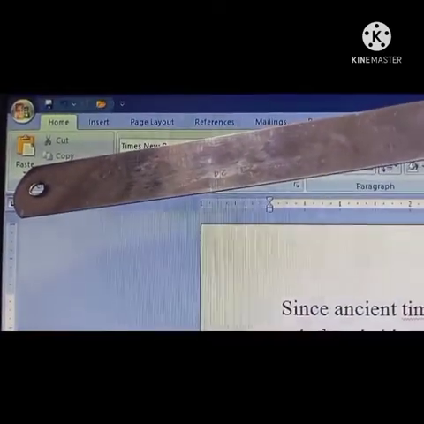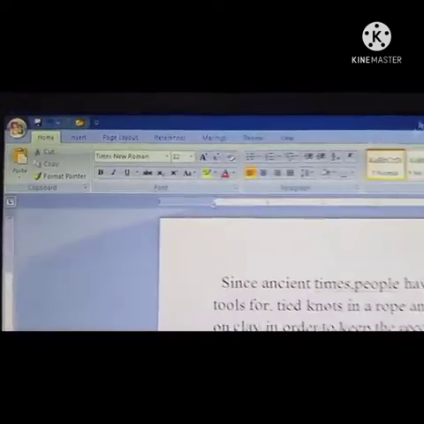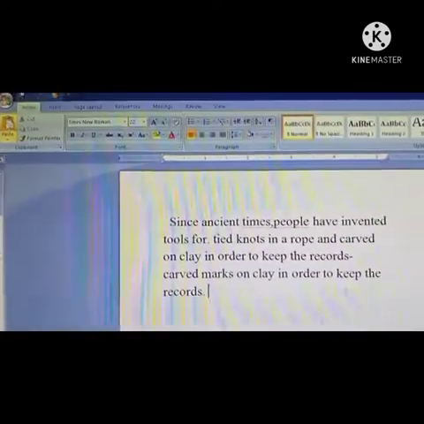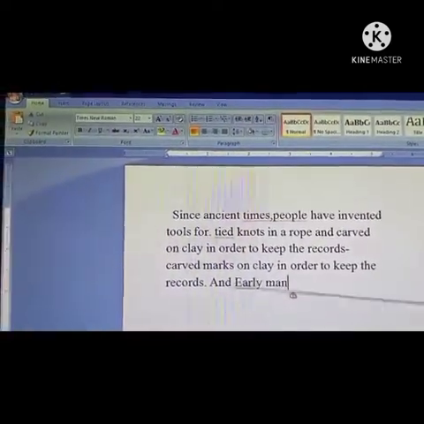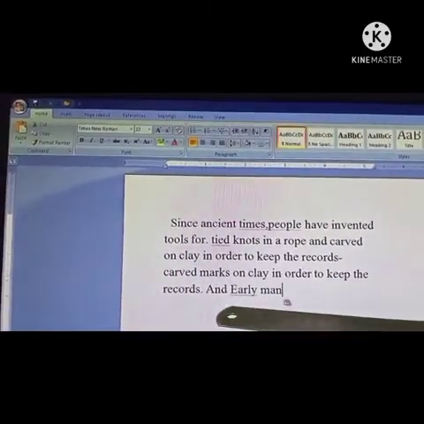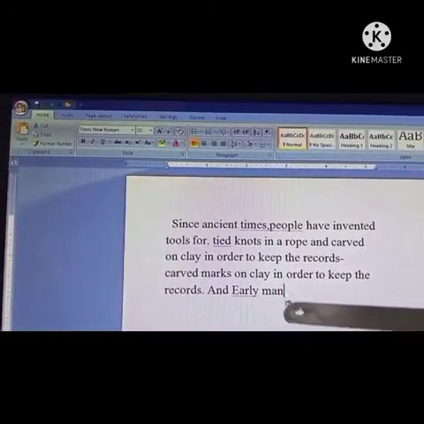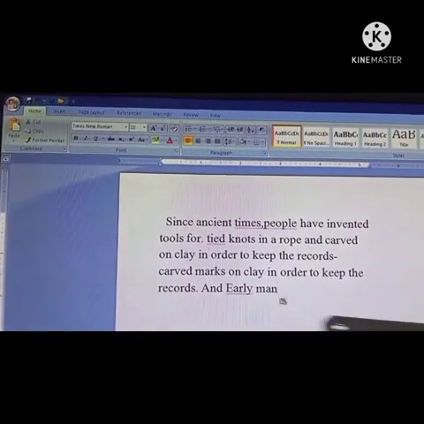This is your paste option children. Go and click it there with the help of the mouse. Okay. Now children, what will you see? You will see that the deleted text will come here. So children, this is the function of cut and paste.